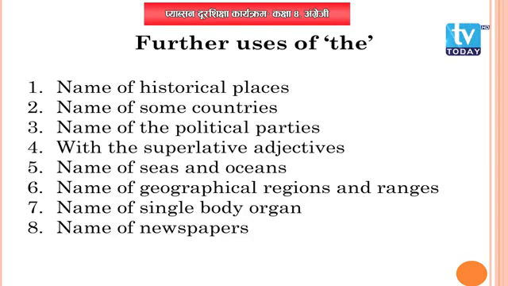The first one, that is the most important one, is names of historical places which are specific in form. Like, if we go to Kathmandu Valley, Pashupatinath temple is one. It's important to us. It should be given emphasis or preference, so we use the article the: the Pashupatinath temple. It's single in number, so we use the. Is it all right to all? Okay, now let's move on to the next one.